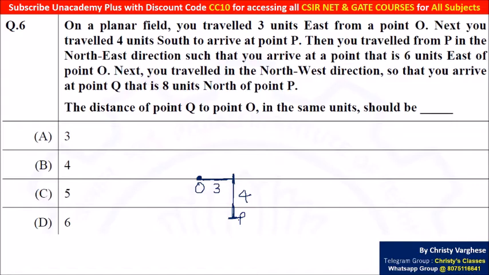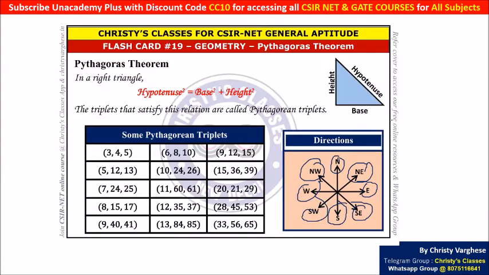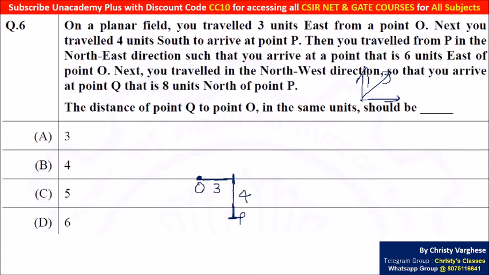Then you travel from P in the northeast direction. Northeast means this is north, this is east. So northeast will be in between. This direction is northeast. So from point P, northeast means we can say something like this. North and east exact middle, 45-degree angle we can say. If you just think that this is east, northeast will be the exact middle of north and east. That means like this. And one more condition is there, such that you arrive at a point that is 6